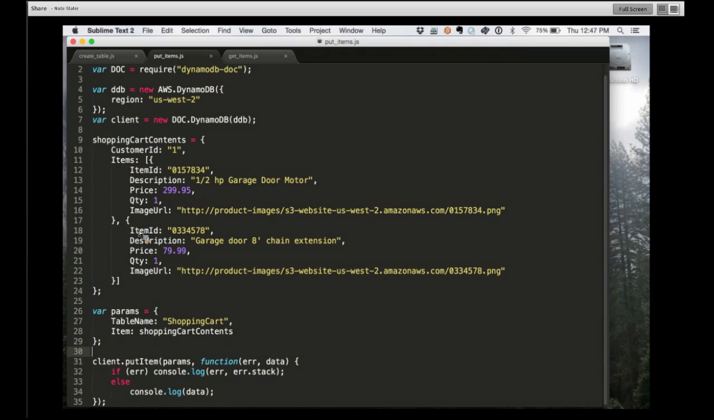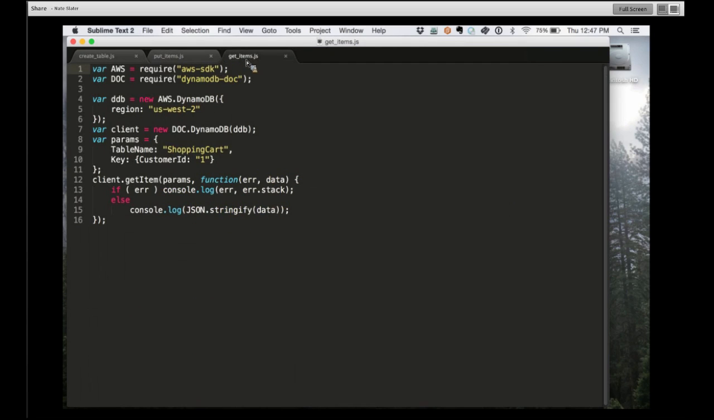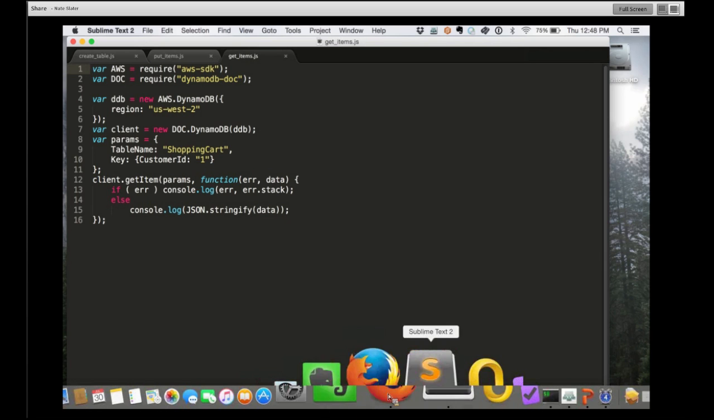So now we want to verify: did we actually get something back? We'll do a get item. A get item is even easier, right? In this case, all I'm going to do is say, here's my table, and here's the key of the item I want to fetch. So I'm fetching the item for customer number 1. That was the customer we used when we just inserted the items previously. If I go ahead and run that,